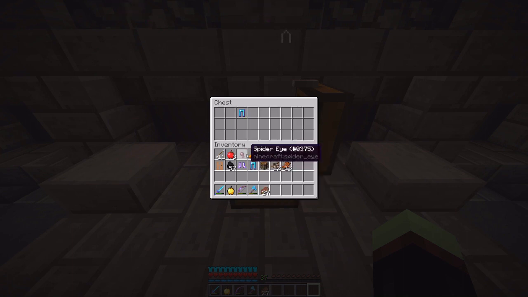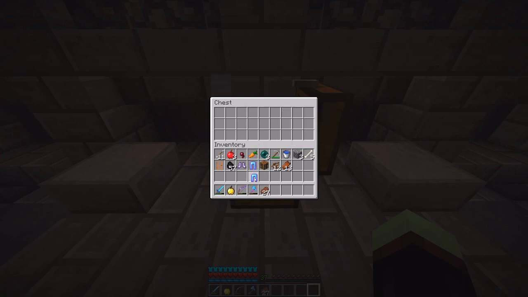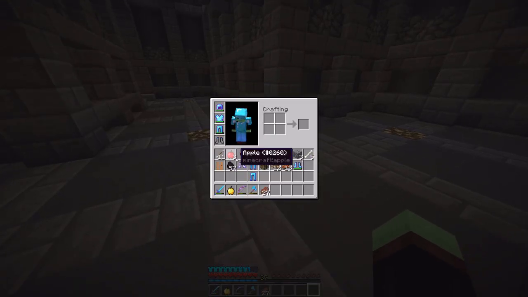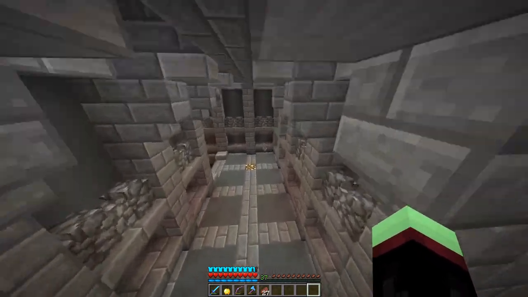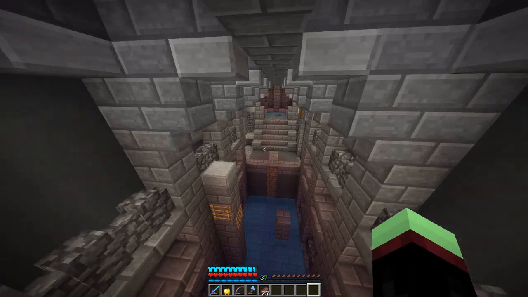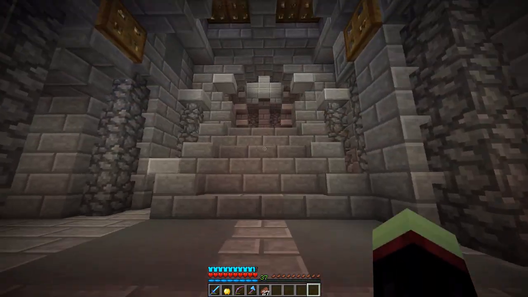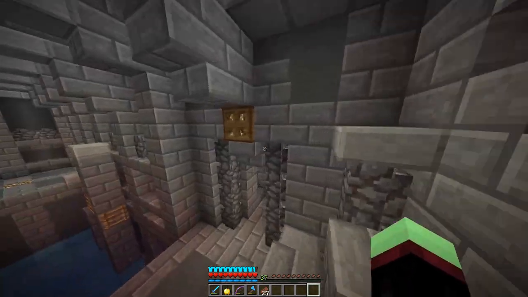The demonic, I think, gives blindness. And then... Void Walker 2? What is Void? This is nice. Hello. So let's see. Jump gives us jump. Whoa! Oh my god! Are you serious? Are you serious? I'm a moonwalker. I am a moon...